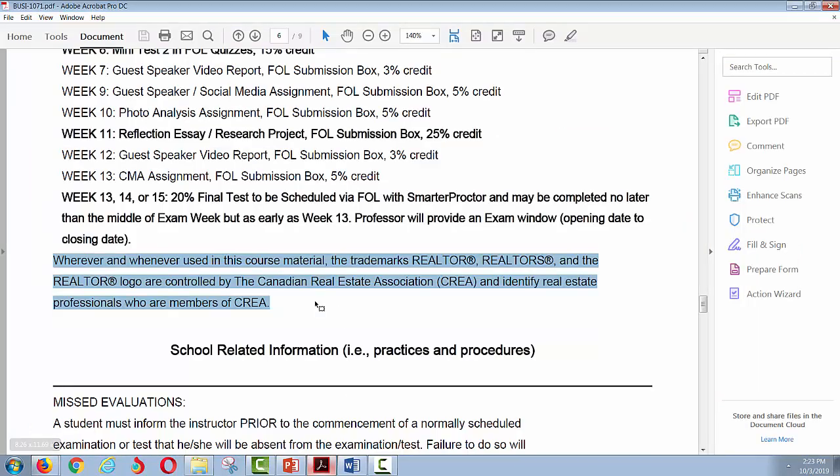If you look at that language, it's funny. Technically speaking, I shouldn't be referring to myself as a licensed realtor unless I'm a member of the Canadian Real Estate Association. It's the same way in the States with their association. Having said that, the vast majority of us are licensed salespeople, licensed salespersons, independent contractors in sales for the real estate brokerage that employs us as independent contractors.